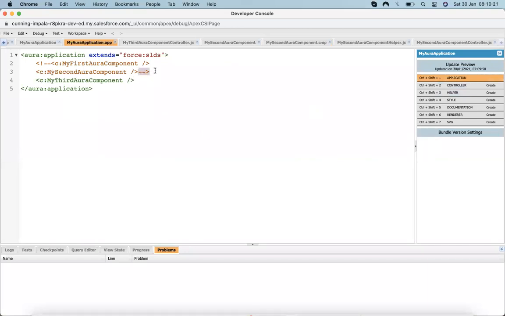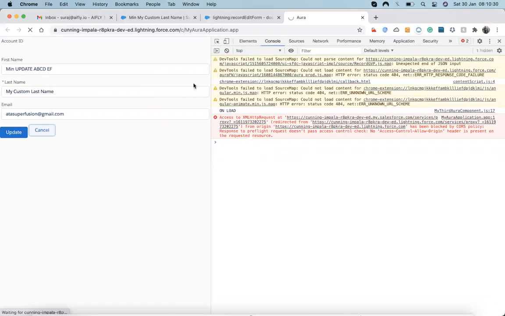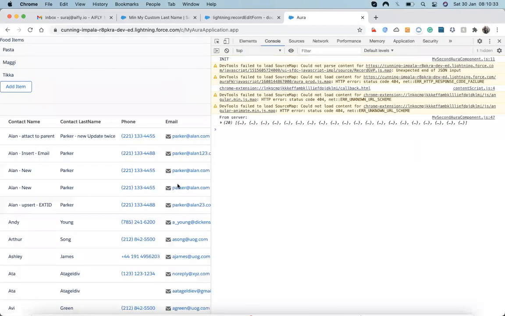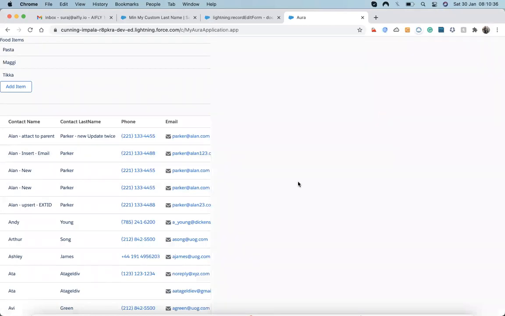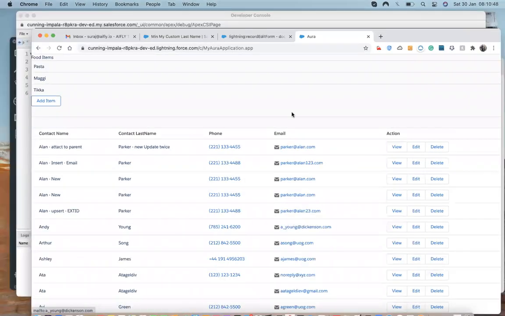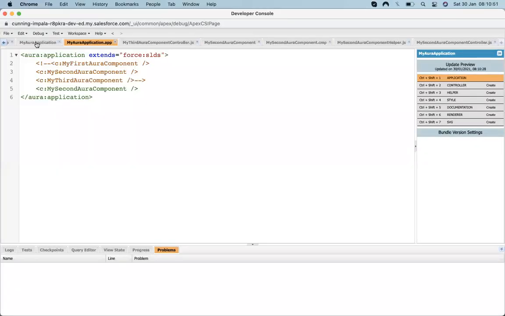The second order component, I'm going to preview that second order component. Okay, now I can see there are three buttons: view, edit, and delete. Whenever I click on that view button, it will pop up and show me the full detail view of those fields. So what I will do is come up here and